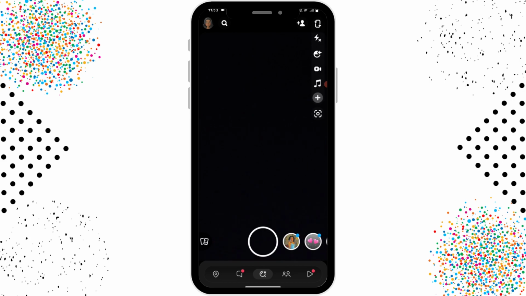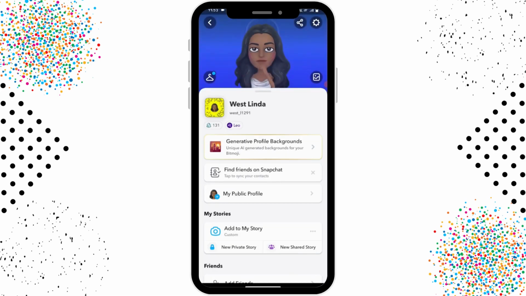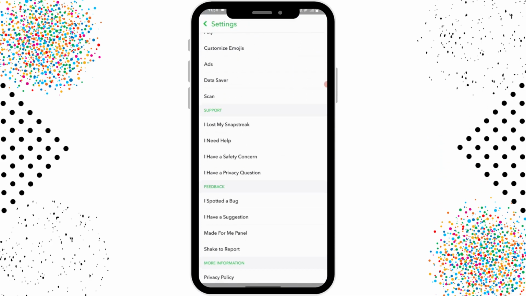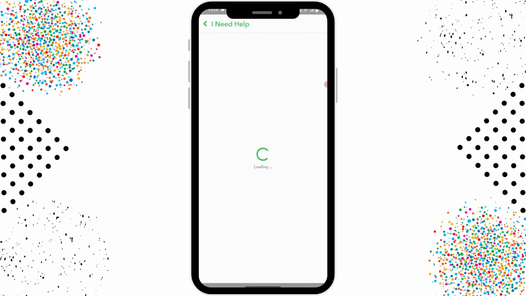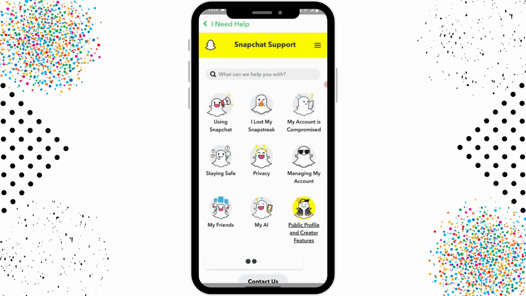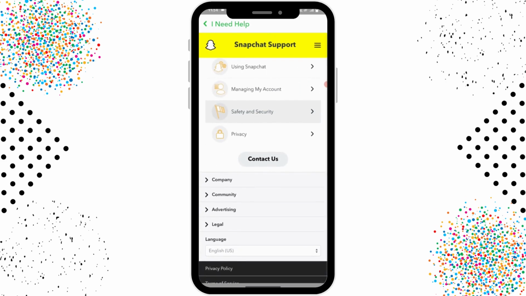You can simply go to your profile, which is on the upper left corner, and now you can go to settings, which is on the upper right corner. Scroll down. Now go to I need help, and here scroll down and you will find contact us. Simply tap on contact us,